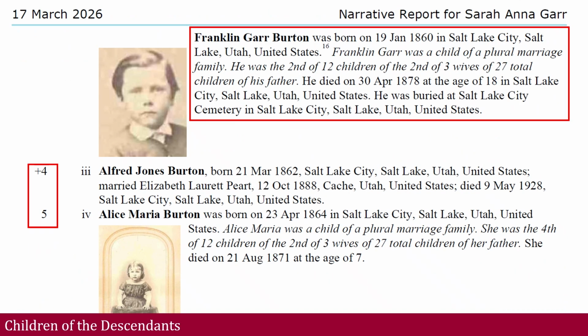Okay, here's the children. As you can see, these are children of a plural marriage. So Franklin Garr was a child of a plural marriage family. He was the second of 12 children, of the second of three wives, of a total of 27 children of his father. For me to work with the software, I can only put one thing in there,